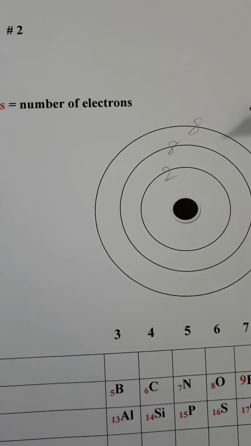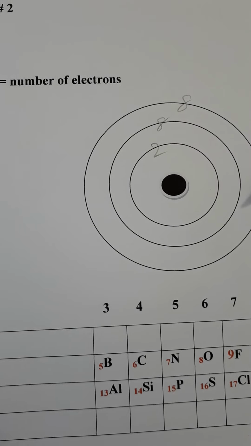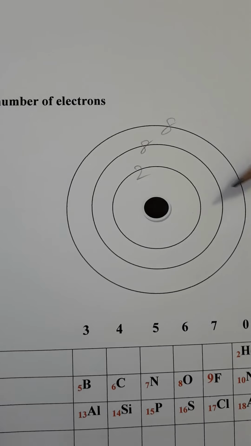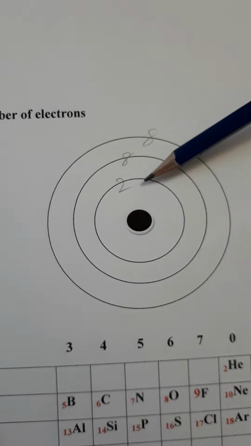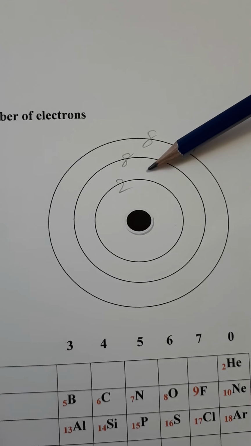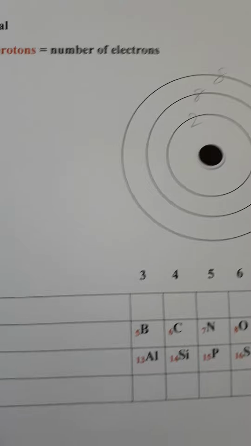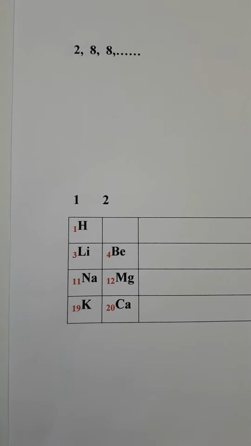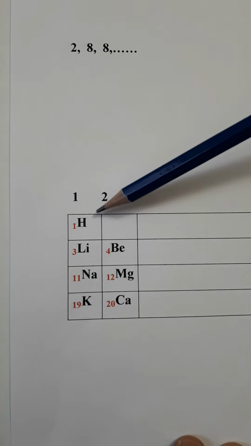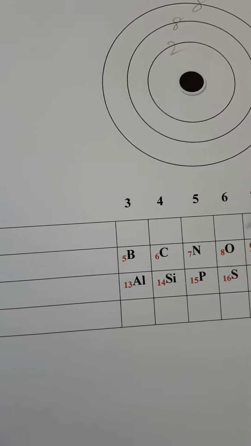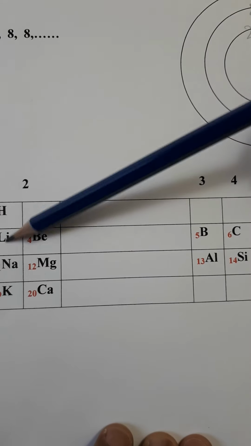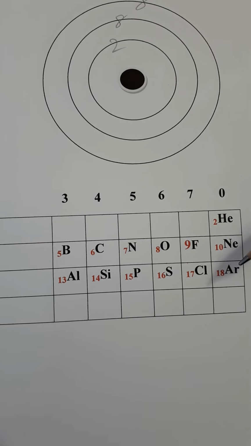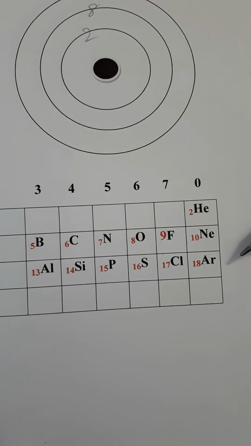If you look at the model of a simple atom, at least for atoms up to atomic number 20, the electrons are filling like this: first shell 2, second shell 8, third shell 8. So we look at the rough periodic table last time. Atomic number 1, 2, 3, 4 and so on. Today we are going to see ionic compounds, how they are made.